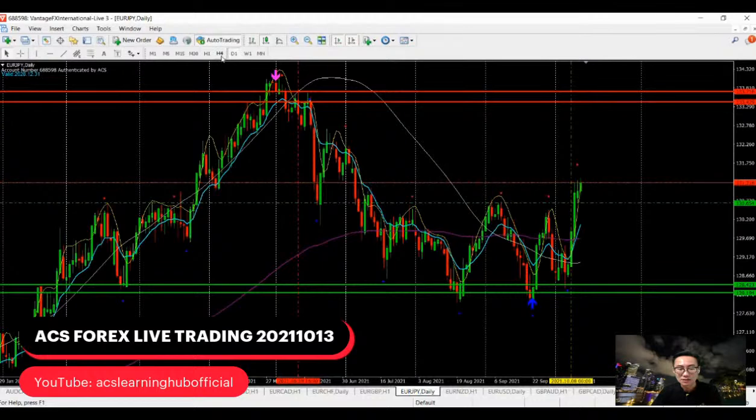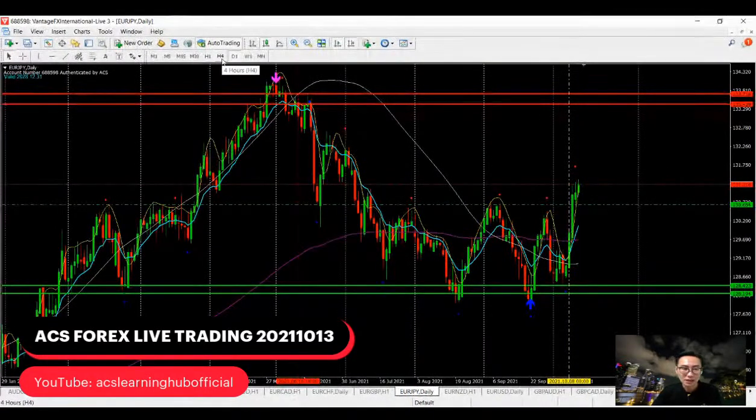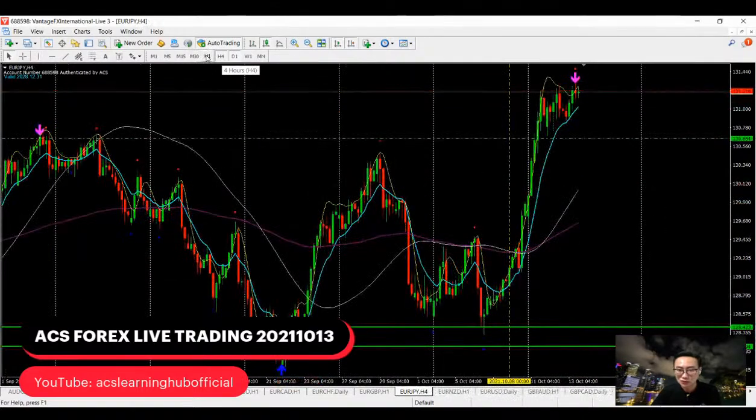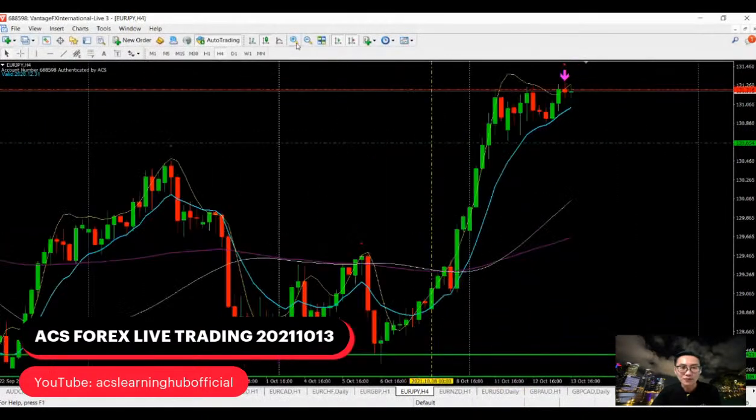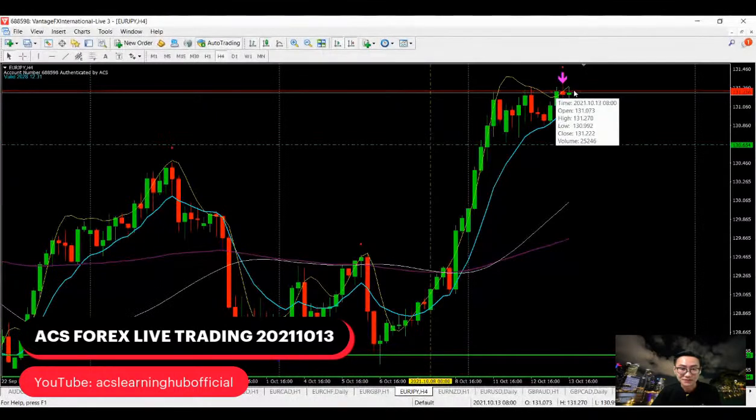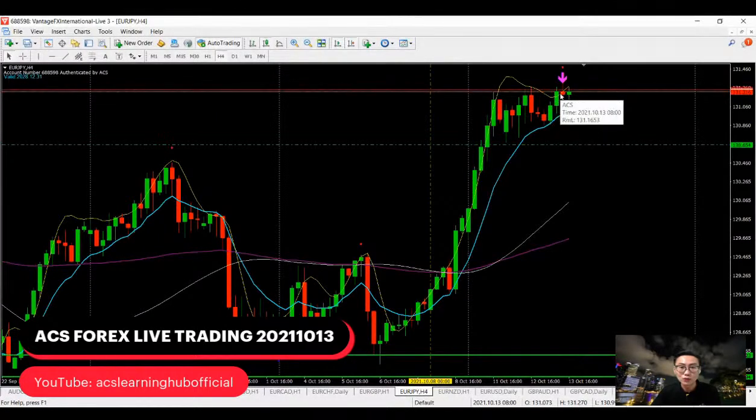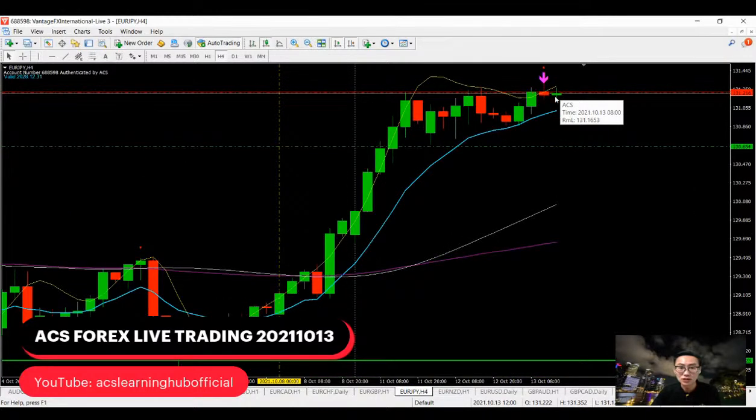So euro yen. Taking a look now, we are still on the resistance again. Oh, we are back to euro yen again. So H4, can you see H4? A bit different, am I right? Where is the difference? First, we are trying to break the resistance. But the H4 opening is still within the resistance level. The opening is still below, still within the resistance level.